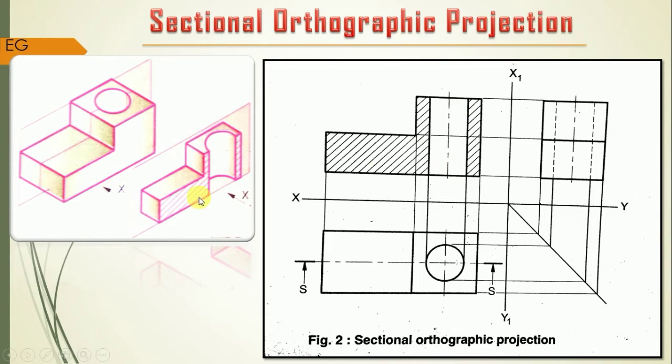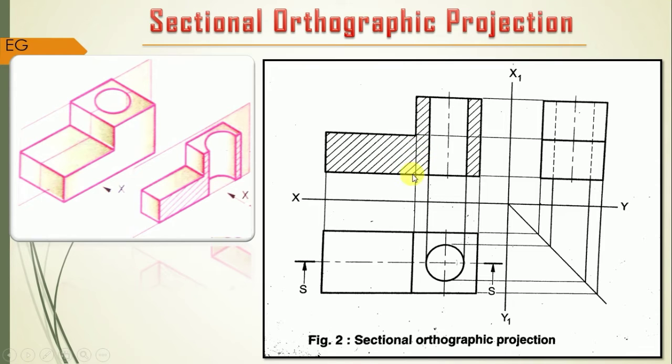But just tell me, if we are not cutting this object, then this circular hole, which is invisible, we are going to show by means of dotted lines. Here, instead of this straight line, there would be a dotted line in your regular orthographic projection. But as we are cutting the object, do remember that dotted lines get omitted, and they become a straight line, as you have such section lines over here.